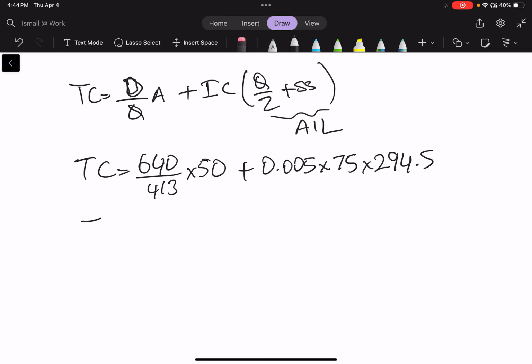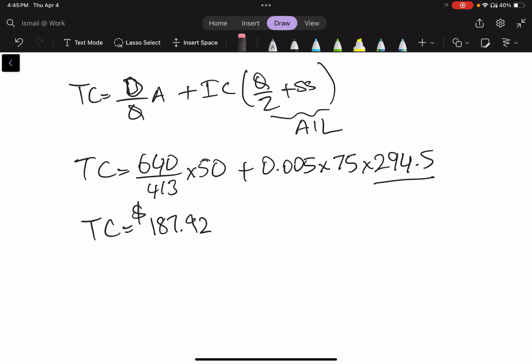If I do the math correctly, total cost is going to be 187.92. Due to the rounding in the calculator, I may have a slightly different number if I use the exact values here. Let me try to do that. Okay. This is only for one warehouse. So only for one warehouse, I'm using an average inventory of 294.5 units with a weekly cost